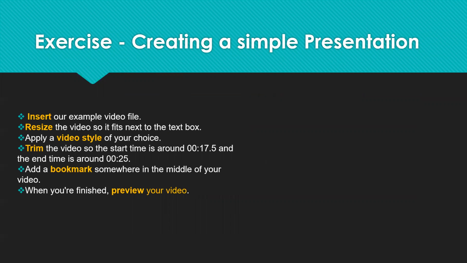So the exercise is to insert our example video file, resize the video so it fits the text box, apply a video style of your choice, trim the video from 17 some seconds, add a bookmark, and when you're done, save it and send it to me. Preview the video and send it to me. It's now 7:15. Let's do it up to 7:30 and you can send it to me at 7:30.